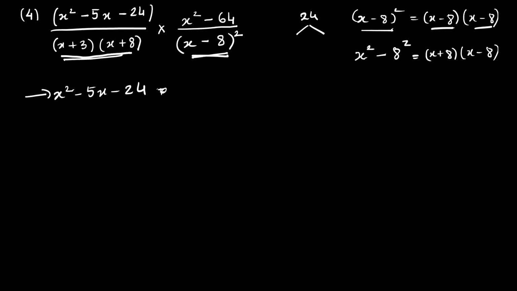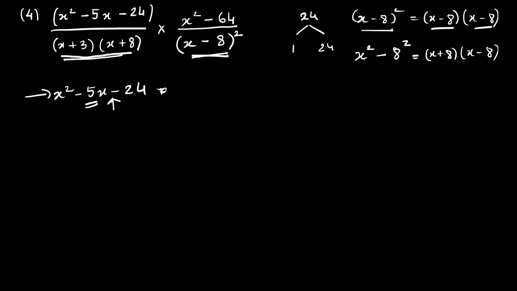24 का दो branches बनाना है. What is the last sign? Minus. That means we should add the factors and get 5, or should we subtract and get 5? Last sign क्या है? Minus है ना? So we should subtract. So 1 into 24 is correct or wrong? Yeah, it is correct, but it doesn't subtract to 5. Okay. It should subtract to 5. Oh, yeah. 24 minus 1, is it 5?